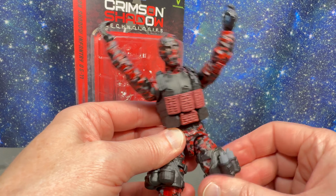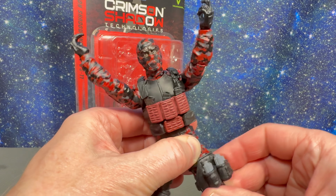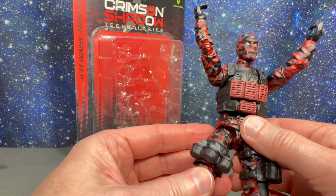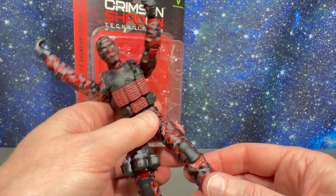It's got a thigh cut that is very stiff on the right leg, so you may have to, again, even after I heated this guy up, it's still been a little sticky, a little stiff right there. So let's go ahead and get these off so I can demonstrate the knees. The legs are a little stiff still, even after I heated them up. But he's got good range of motion, kicks back pretty far,